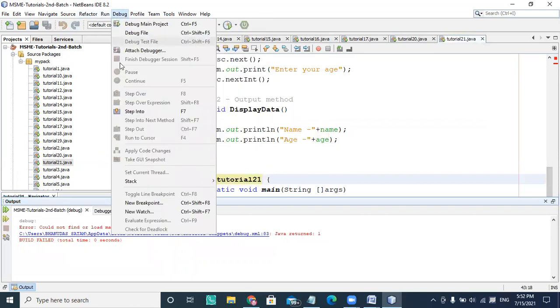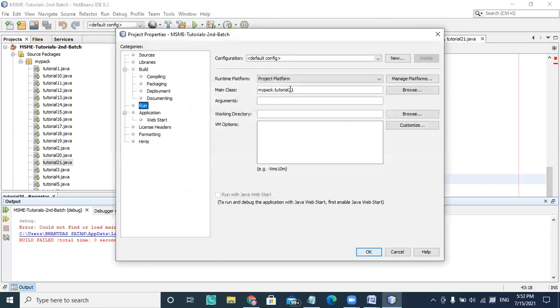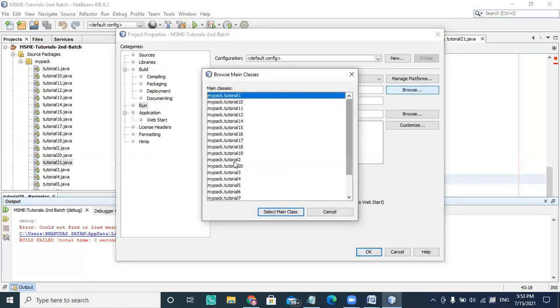I am checking the configuration again. Actually, 21 is not available in the list.